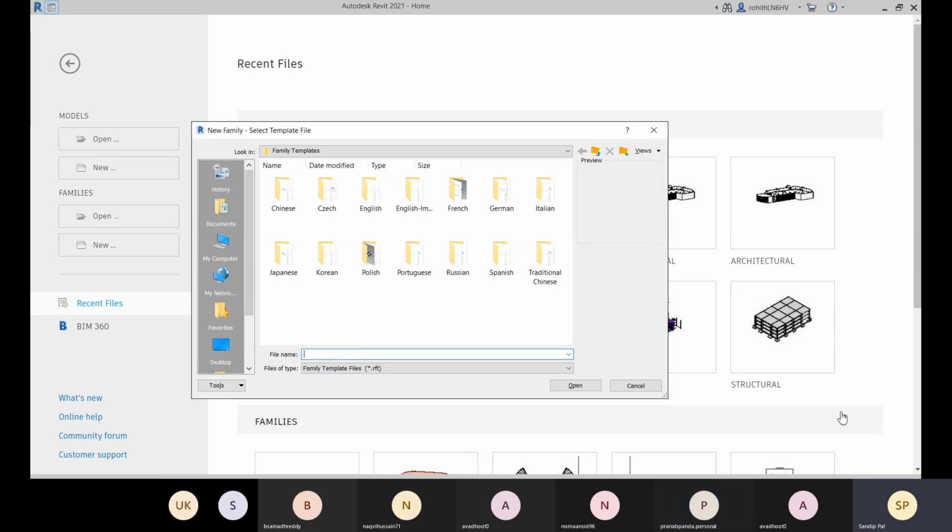Even if you change the model, the parameters get updated, and with the help of the parameters you can extract all the information into your schedules, and you can do cost estimations and all the things.